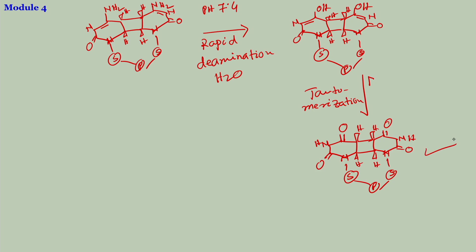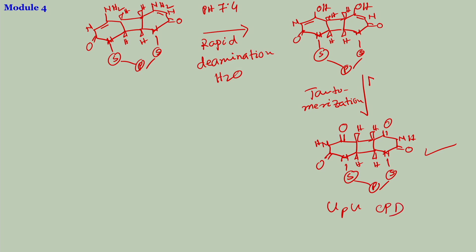Now, is this structure familiar to you? Can you recognize this? If you look here, you have started with cytosine, which has the amine. Without the amine, with just the double bond oxygen, if you had the double bond here, this would have been uracil. So, this is now basically a uracil